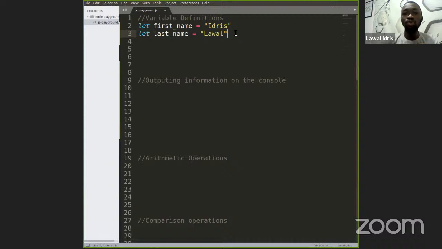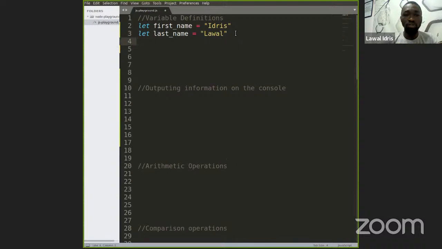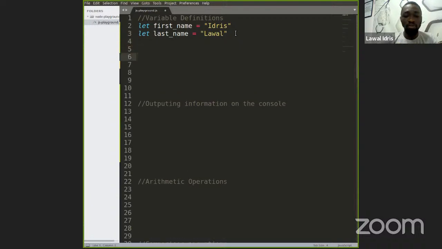So let's say you want to output the content of a variable on a terminal. What you use is a function or a method known as console.log. This log is a method that exists on the console property. So when I say console.log first name,